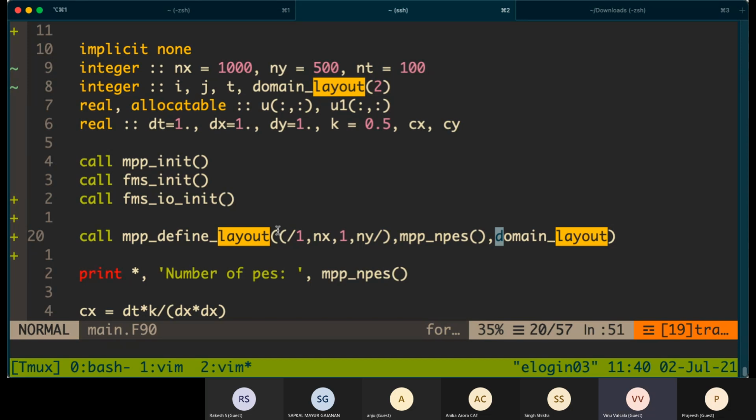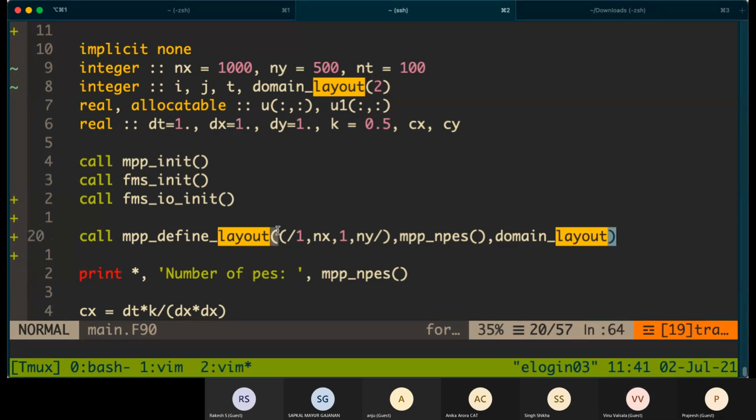So that is what this is for: processor layout. This particular subroutine gives you an optimum processor layout for a particular problem size.